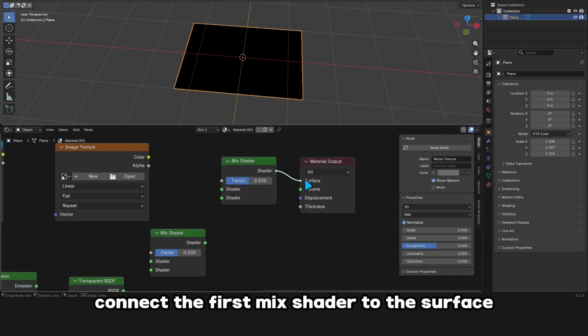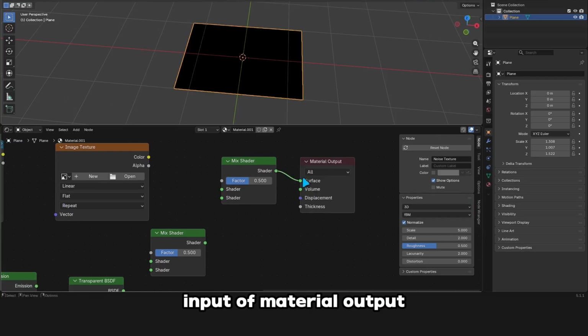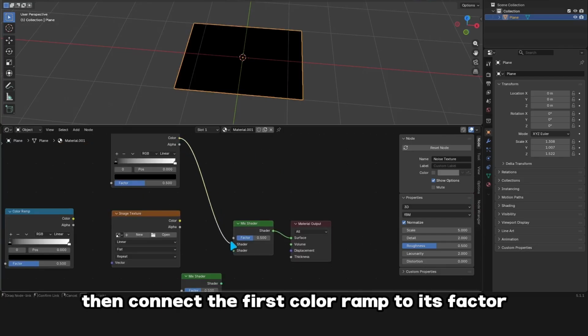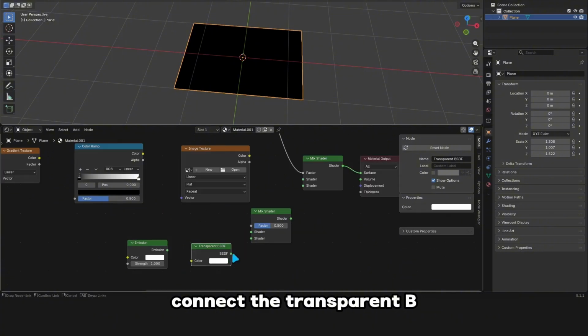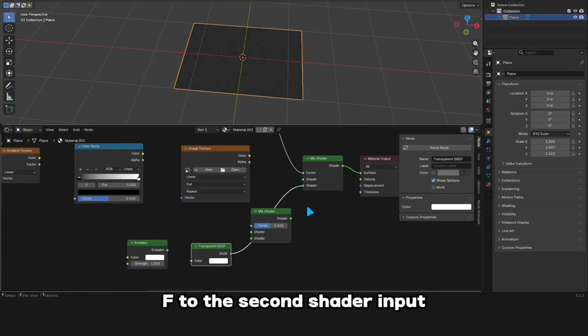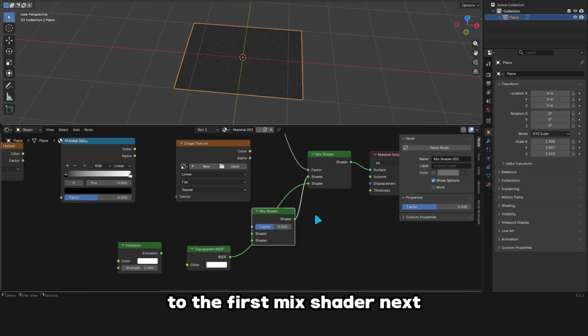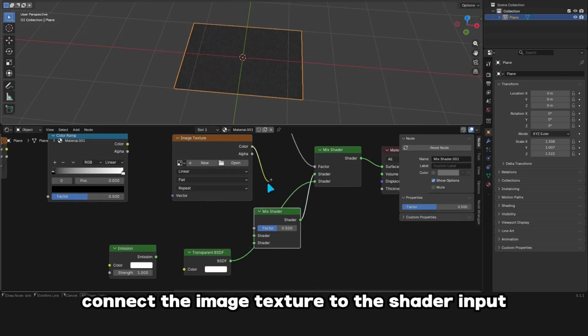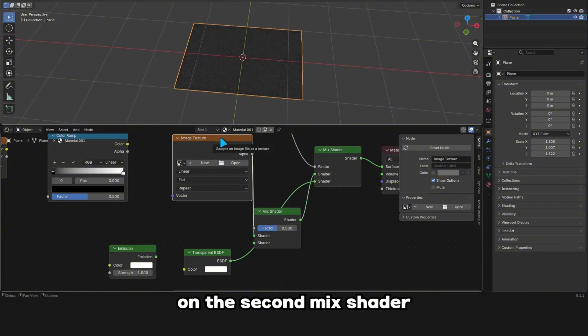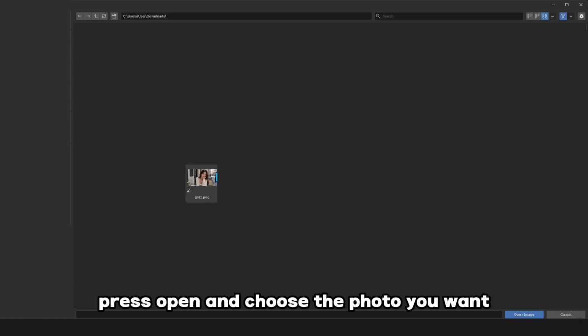Connect the first mix shader to the surface input of material output. Then connect the first color ramp to its factor, connect the transparent BSDF to the second shader input, and connect the second mix shader to the first mix shader. Next, connect the image texture to the shader input on the second mix shader, press Open, and choose